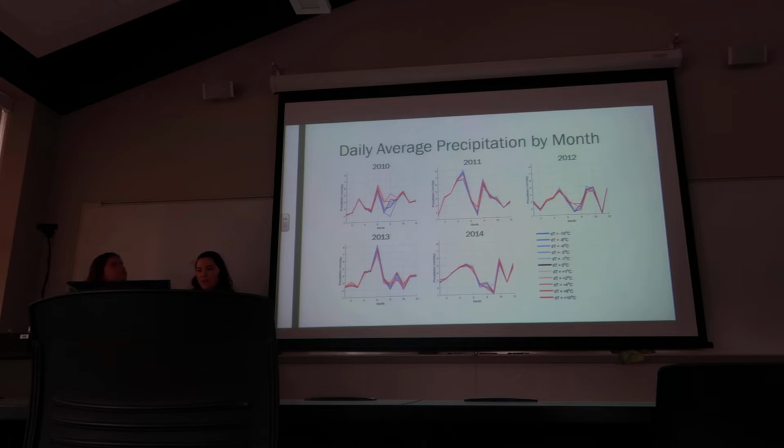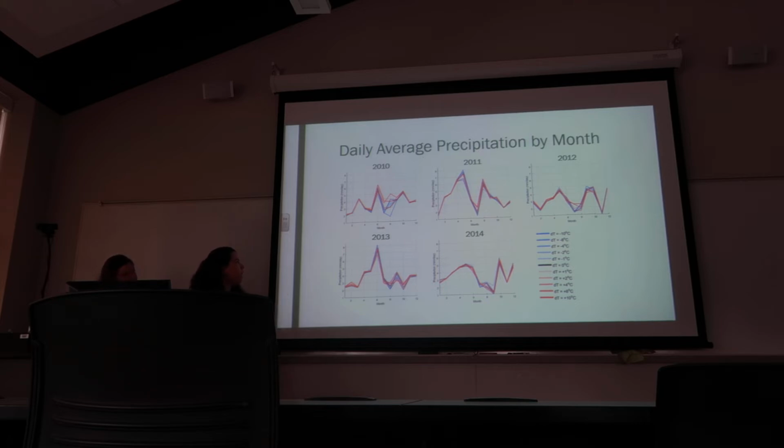So after that, we decided, okay, so on an annual scale, there is some trend, but is there a stronger trend on a monthly or daily scale? So then we plotted this, which is daily average precipitation by month. And what we found is some months, pretty much all of our simulations tracked almost identically with each other, but then you have these other months where there was quite a significant spread between all of the different model runs